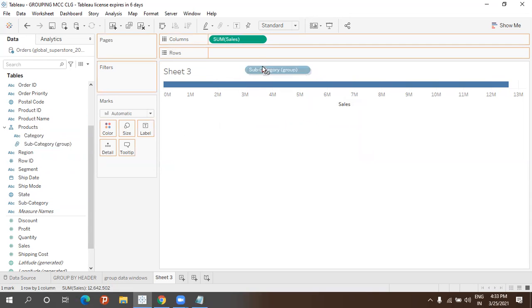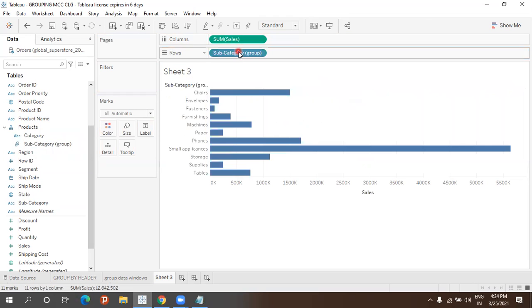Okay, so now I'll just drag and drop. Let it be like this only. I don't want to delete. This is a better one. So this is the best way to group like this based on hierarchy. Group it from here. We are using the same grouping under hierarchy. So this is the grouping based on hierarchy concept.